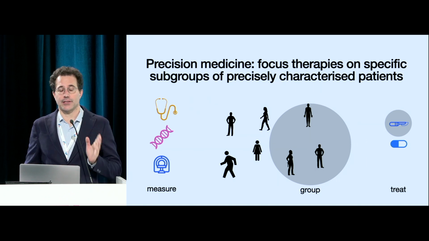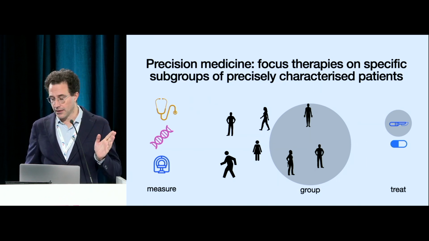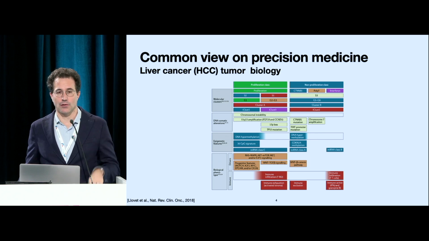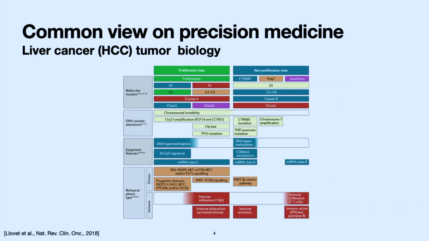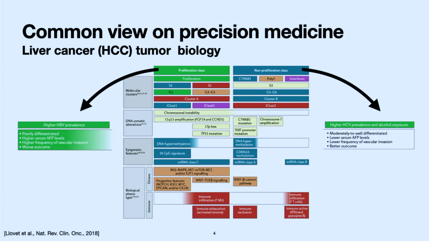But when we talk about precision medicine, I'm sure that what comes to your mind is more something like this. This is an example for liver cancer tumor biology, and you see that you have two subtypes of liver cancer tumors. You have the proliferative and non-proliferative types. And you see that they're grouped by characteristics that are about the cells, about the expression, the methylation of certain genes, etc. So this is basically the common way that people think about precision medicine. Based on these, you then have different clinical outcomes and potentially differential therapies.